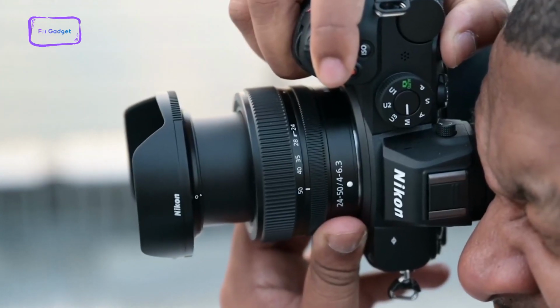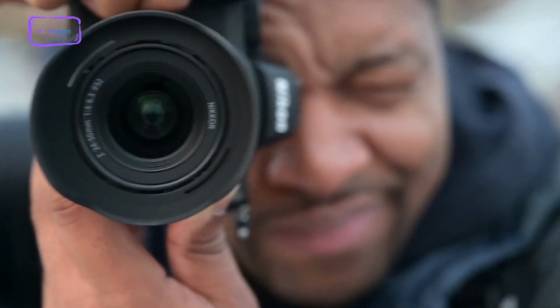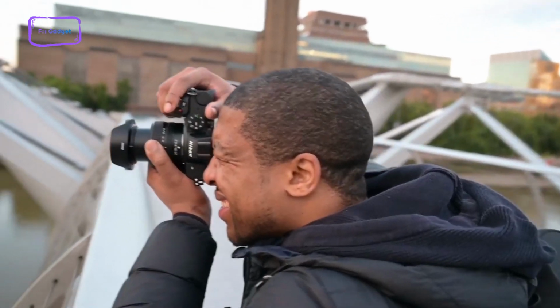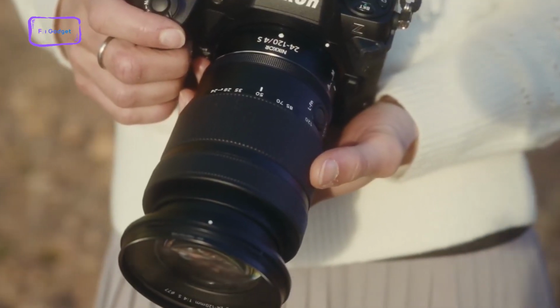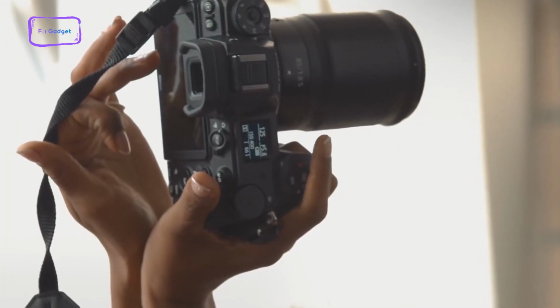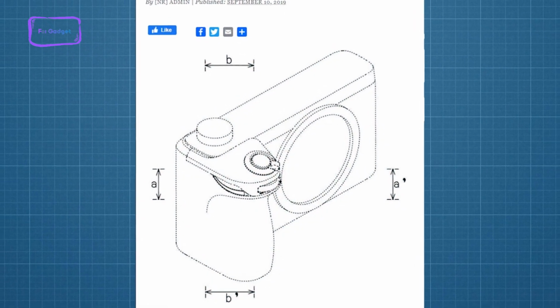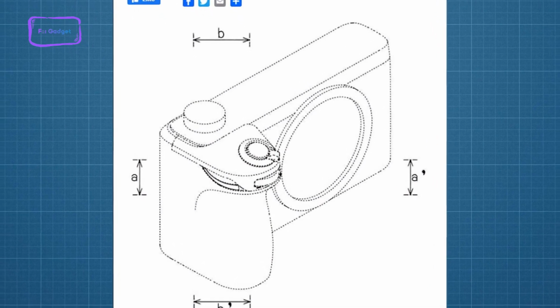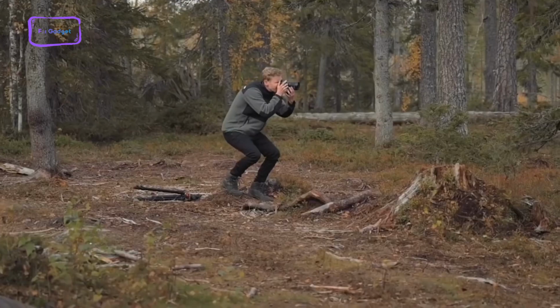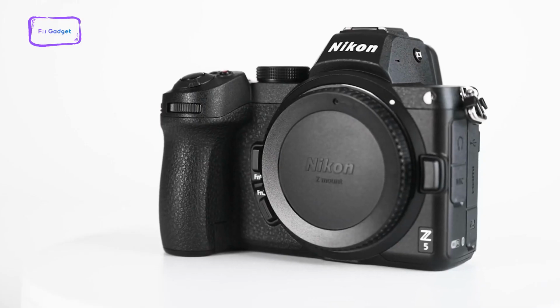Now, all the indications suggest that this new camera will likely occupy a lower position in Nikon's lineup compared to the Z5 model. Typically, it takes about 2 to 3 years for a patent to materialize into an actual product. A patent related to the Nikon Z4 was applied for in 2021, so hopefully we'll get to see the Nikon Z4 by next year. The Nikon Z5 was initially priced at